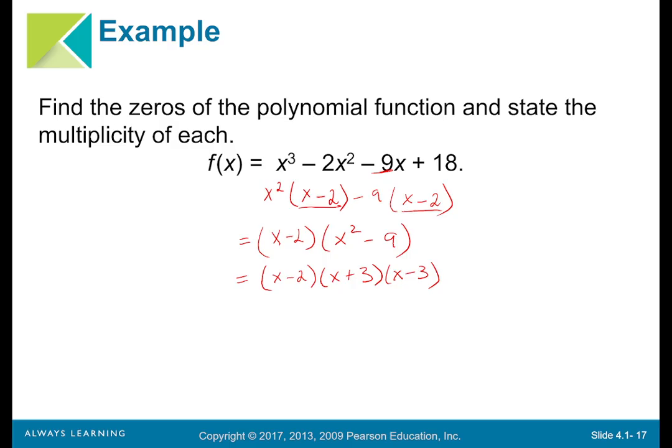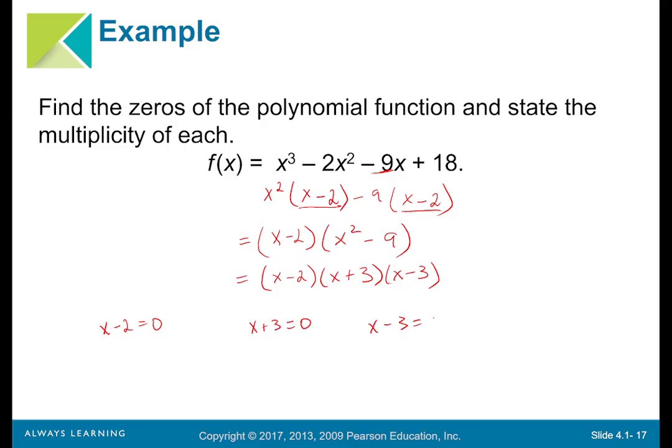But here we're using our factoring by grouping from our cubics example, and then also our square minus a square technique here. But here we are with our 3 factors that make up our x cubed polynomial. And if we set each one equal to 0, we have